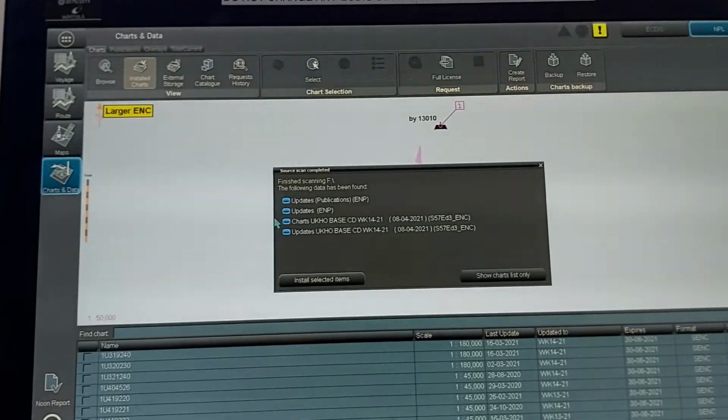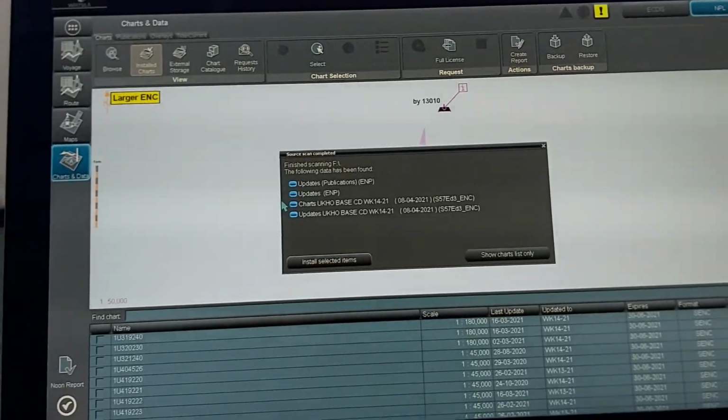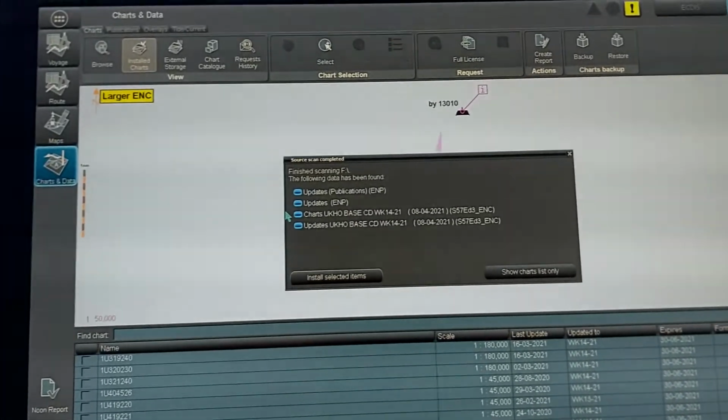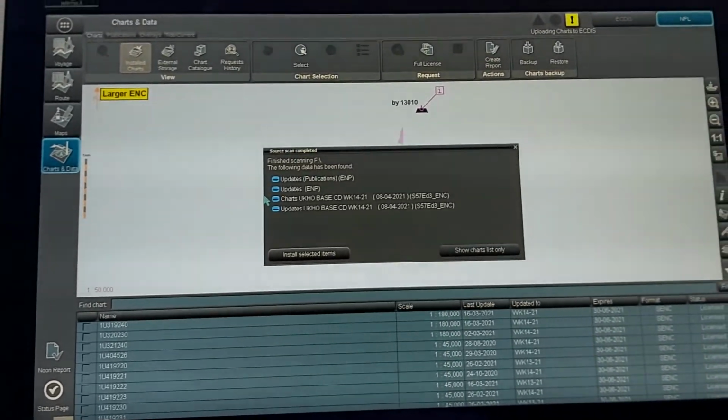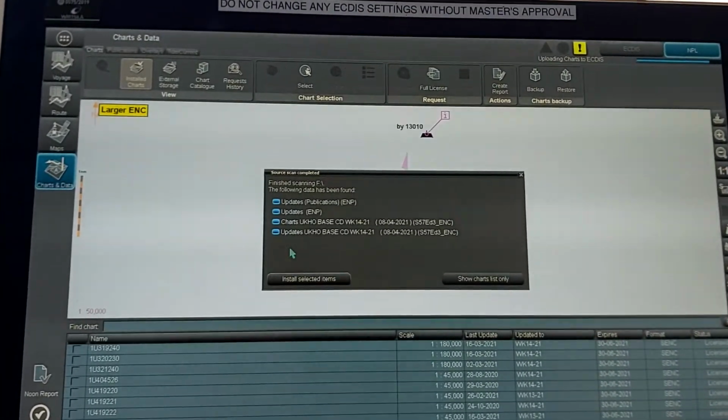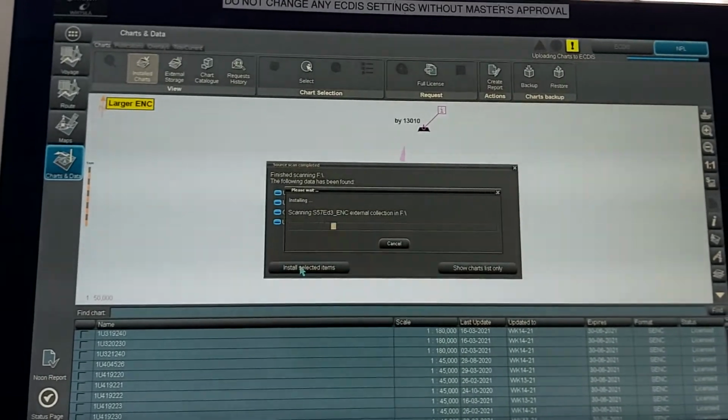Now you can see updates, all updates are popped up. Now here we have to select install selected items.